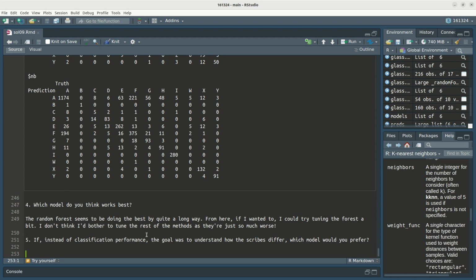Okay, and then this last question is an interesting one. If instead of classification performance, the goal was to understand how the scribes differ, which model would we prefer? So clearly the random forest is doing the best in terms of determining which scribe is which. But the problem with the random forest is that it's a bit opaque as to why it's making the decisions that it's making. So you can get things like variable importance scores out of the random forest, which tells you which variables are useful for classification,